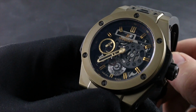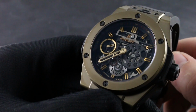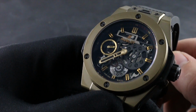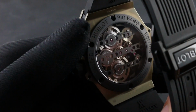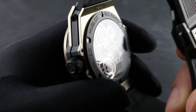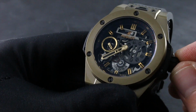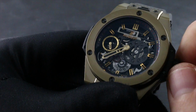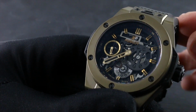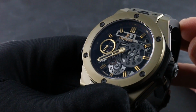Today, I'll be your guide to the proper usage, care, and maintenance of your Hublot Big Bang Meca 10 Full Magic Gold Limited Edition. Now, this is a manually wound timepiece with a 10-day power reserve. The twin mainspring barrels, as seen on the reverse side of the case, are energized by taking the crown in its first position, flush to the case, and turning it in a clockwise direction. It will take several dozen turns to fully energize the timepiece up to its 240-hour maximum reserve, but there are